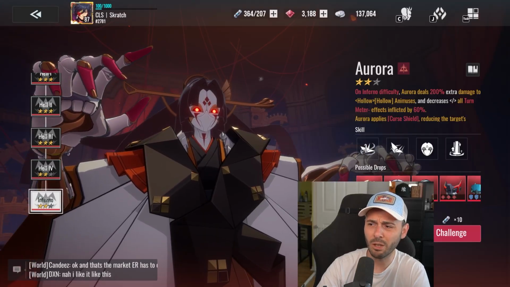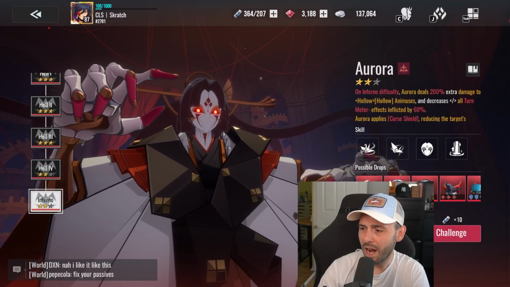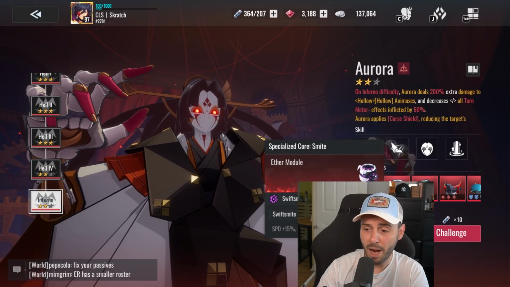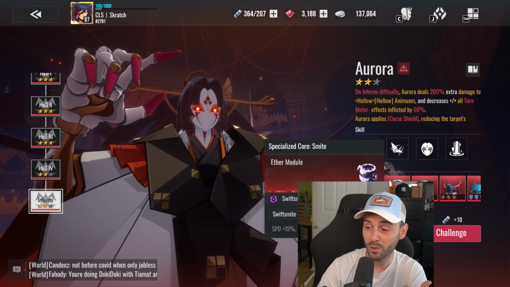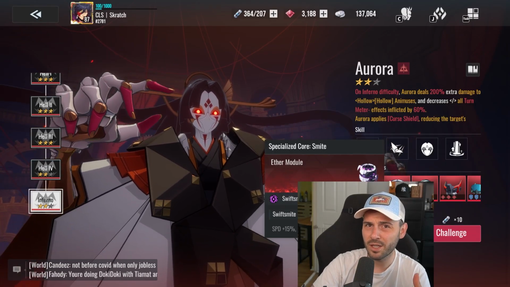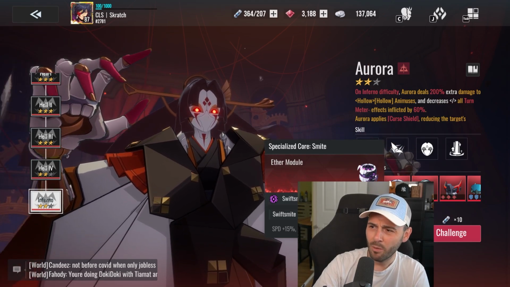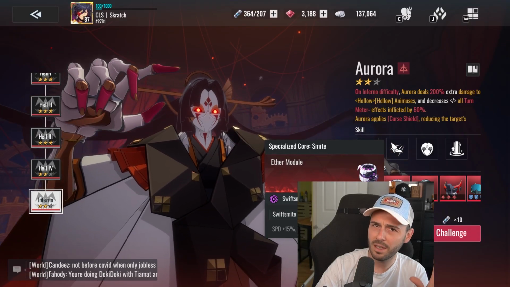The reason why you want to prioritize farming Aurora, guys, is because you can get the Ether module, the Smite, which gives you speed and effect accuracy. This is massive for support units, not to mention that slowly we are moving into a completely different meta for PvP, where, I mean, not completely different, do not get me wrong, because speed is still going to be king,